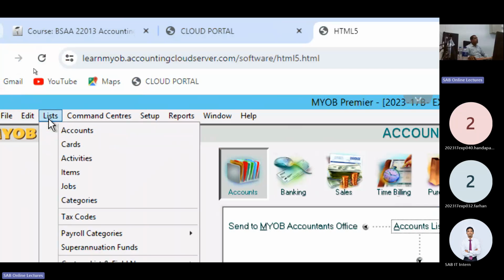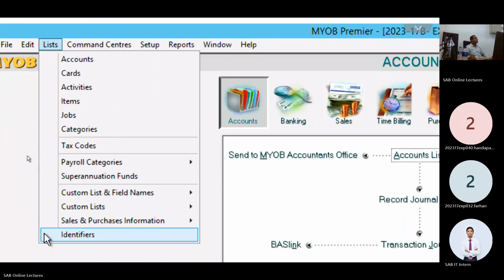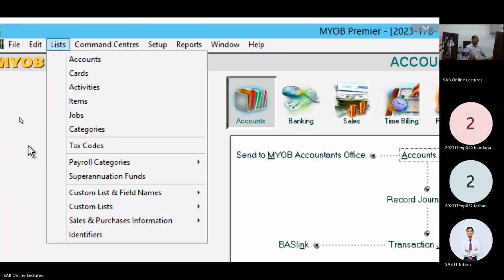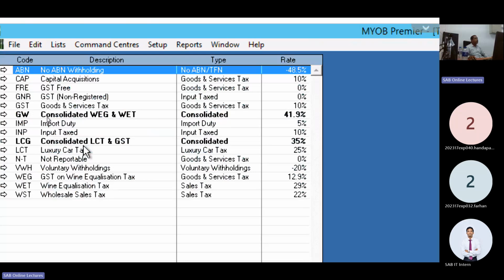Click on the list option. Under the list option, the tax code option. Tax codes. Select tax code.